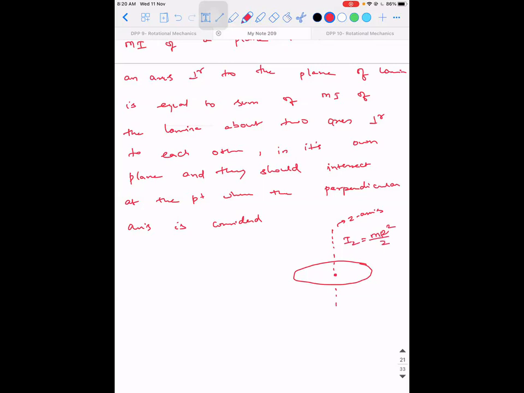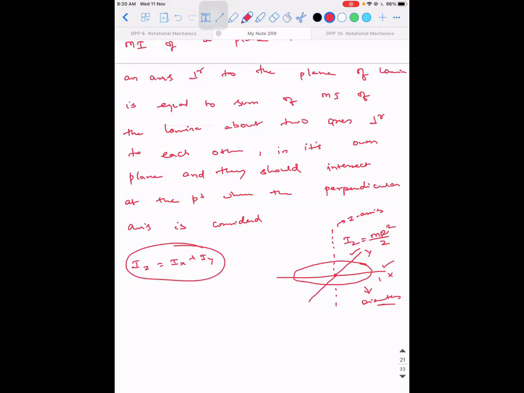Now, I can think of two perpendicular axes to it on the plane of the disk, right? So if I think of two perpendicular axes on the plane of the disk, such that they meet each other at the same point, at the center, then what are these two axes which are considered on the plane? X and Y. You take them as X and Y. They are nothing but the diameters of this particular disk. So then the statement goes like this: Iz is equal to Ix plus Iy. That is the statement for